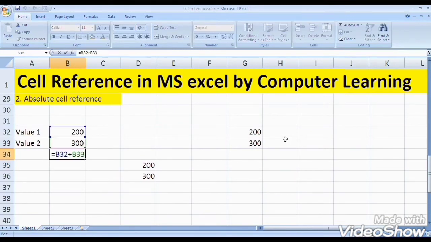I will copy the formula. Before that I will add the dollar symbol. Student, see page number 16.